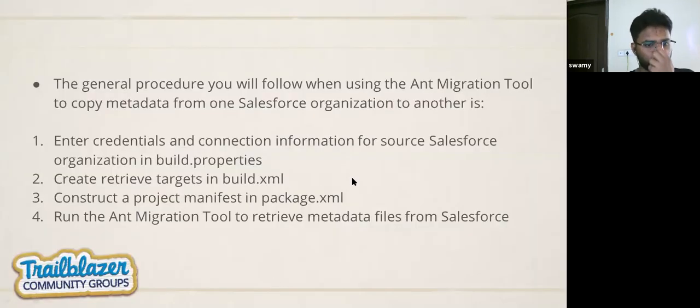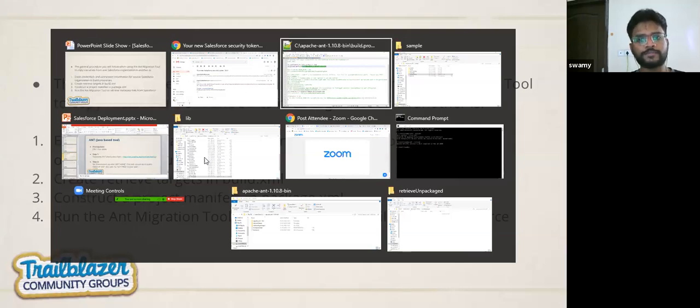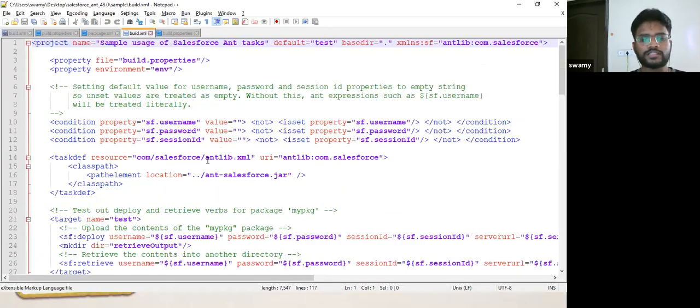So this was about the build.properties file, and then comes into the picture build.xml. What is build.xml? Build.xml is again an XML file which gives instructions to your Salesforce org on how to perform the deployment process. I already told you this is very easy, and you can easily create these files on your own. But Salesforce has given this sample, so why perform extra tasks? You can just download it.